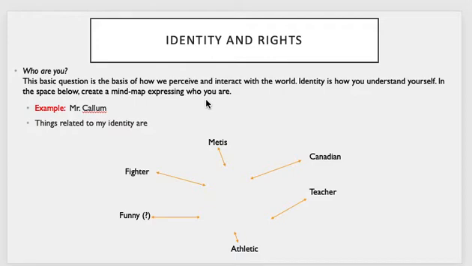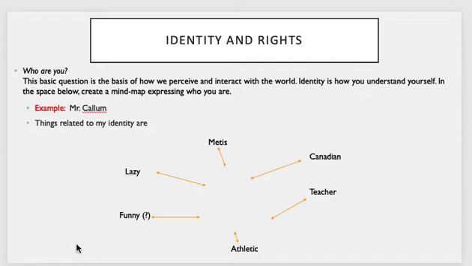I like to think I'm athletic. I like to think people would describe me as funny. That's why the question mark's there, right? You may disagree. Others may disagree with you too. I'm not a fighter. I forgot to change that, right? So maybe something I could change that to is not lazy, because I changed all of them except for fighter. I'm a little bit lazy.